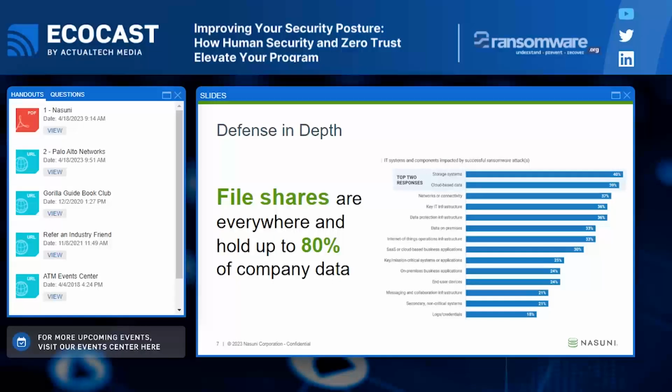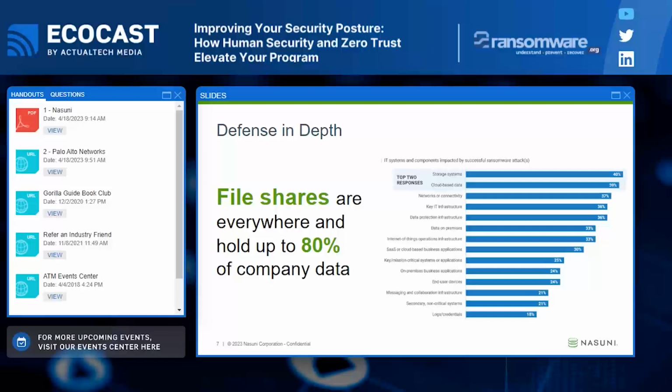And so like I just was talking about, Nasuni is in the area of your file data, and file shares are everywhere and a lot of times can hold up to 80% of your company data. And the graph on the right is some research we did with ESG, and the top two systems that are generally impacted by successful ransomware attacks were storage systems and cloud-based data.